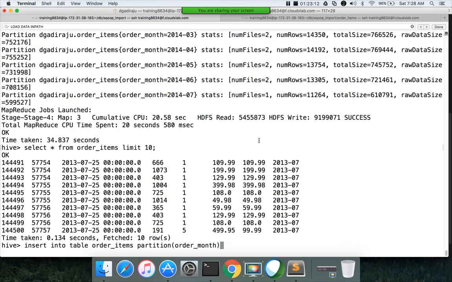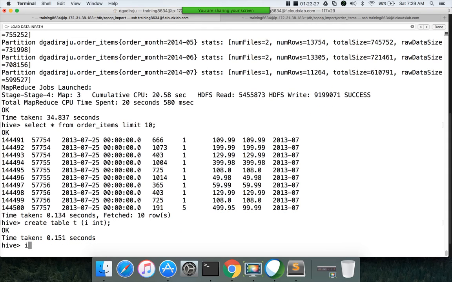Transactions. In traditional databases, typically you perform the insert command by inserting one row at a time. For example, create table t (i int) and hit enter, and then you can say insert into table name, in this case table name t, values 1.